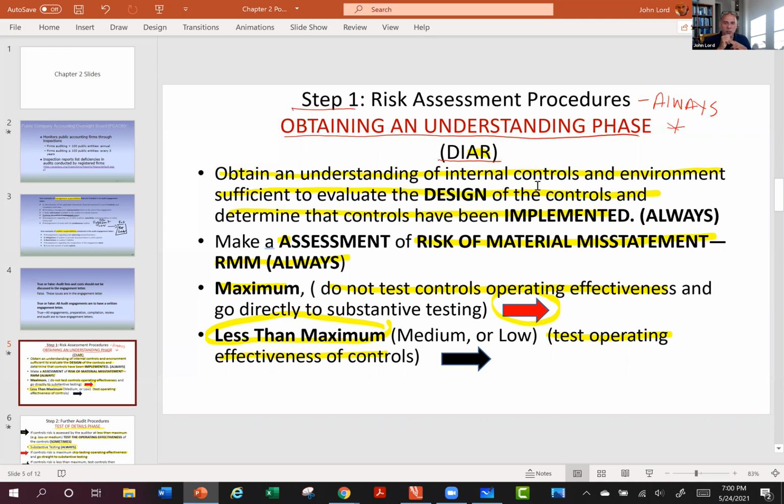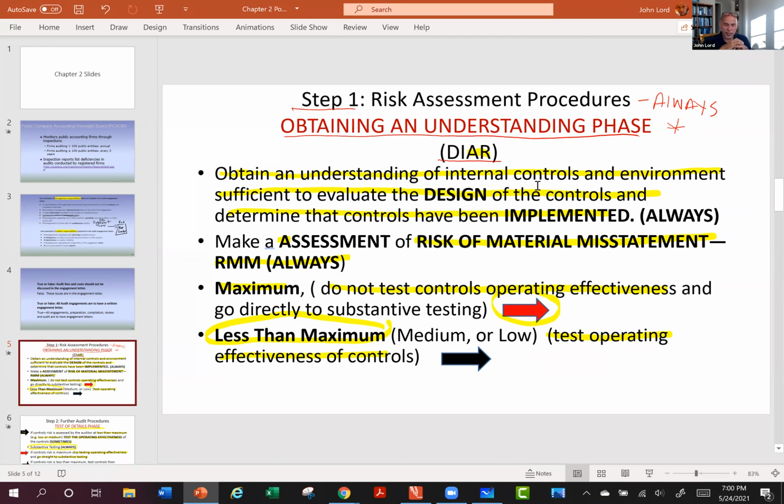You must do that in every audit. You must evaluate the design of the controls and determine that they have been implemented. Based on that, you then assess the risk of material misstatement, RMM. That has to be done on every audit. Now, if you assess the risk of material misstatement at the maximum, you will follow this red arrow to